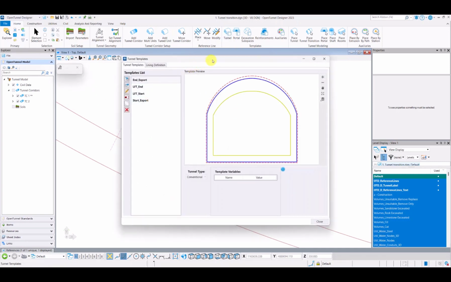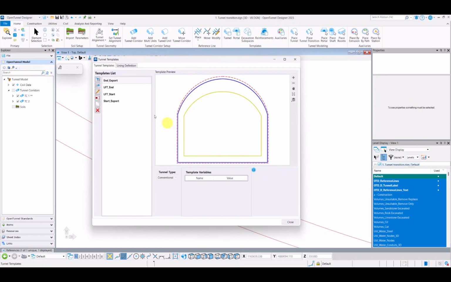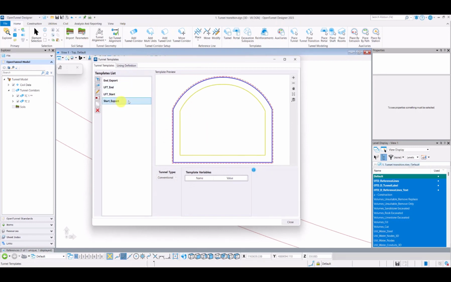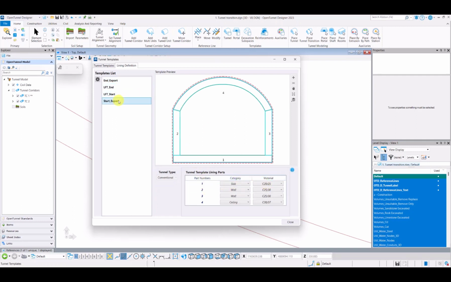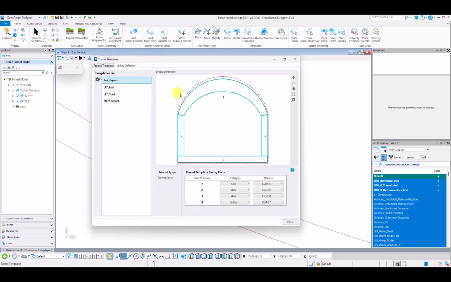So if we look on a tunnel template, something that is very simple, we'll look on the start template and we see here that we have the part numbers. Basically, we have divided the lining in 4 parts. Now, when we look on the end template, again, we can see that we have the same part numbers, but also we have the same category and the same material, so that we can create a successful transition for these